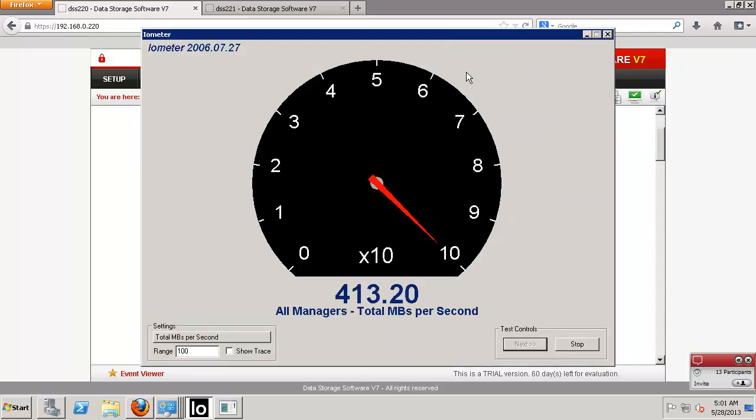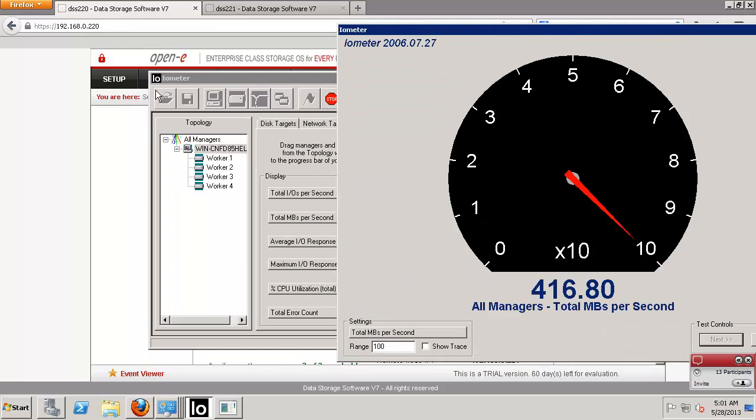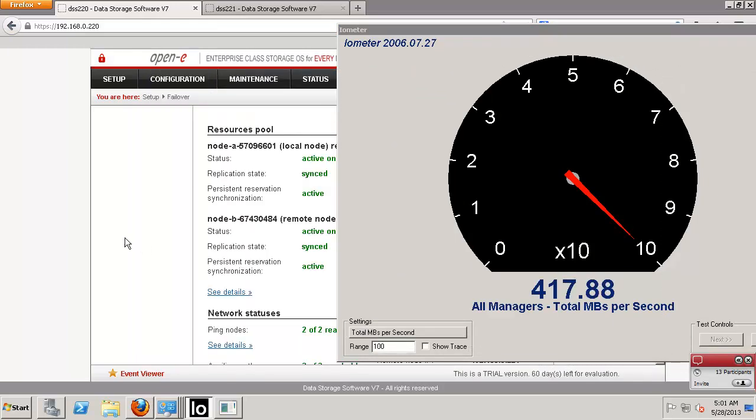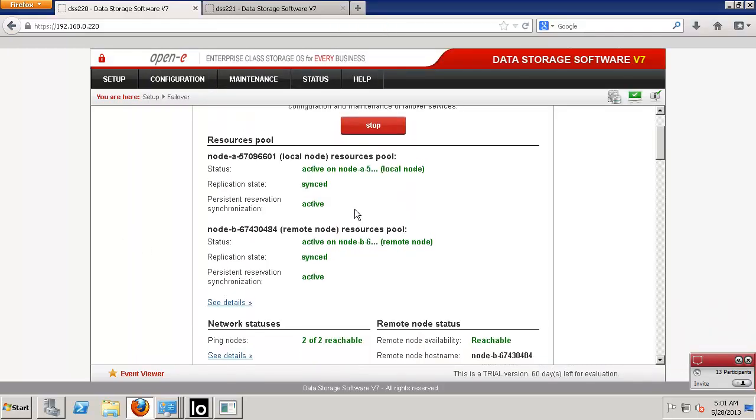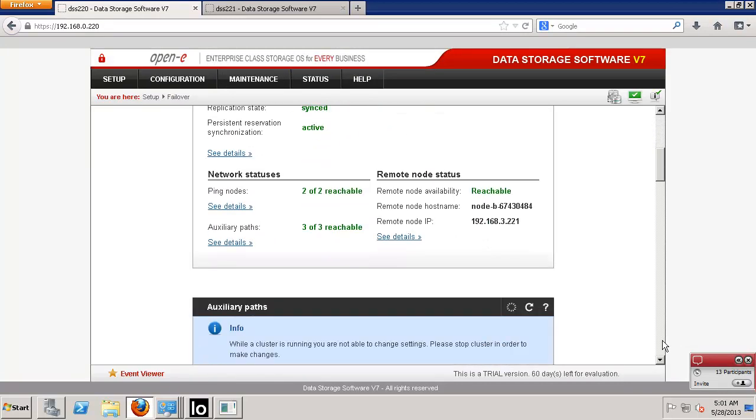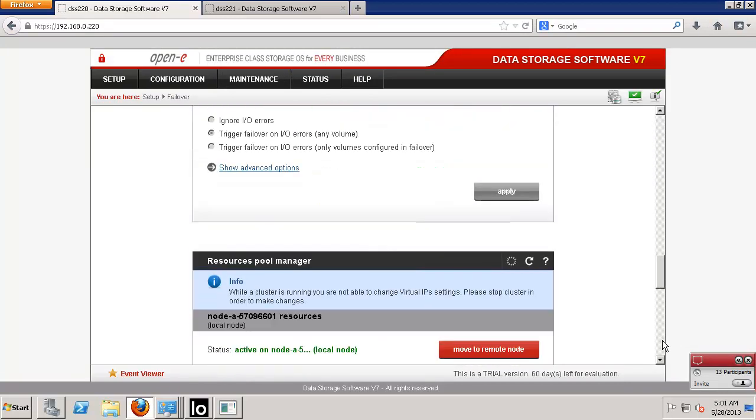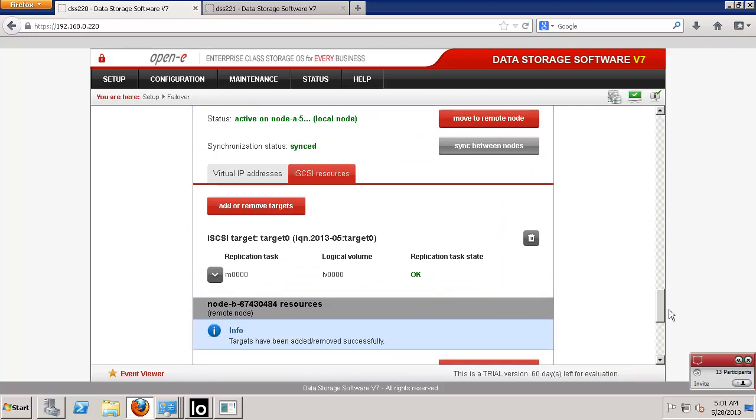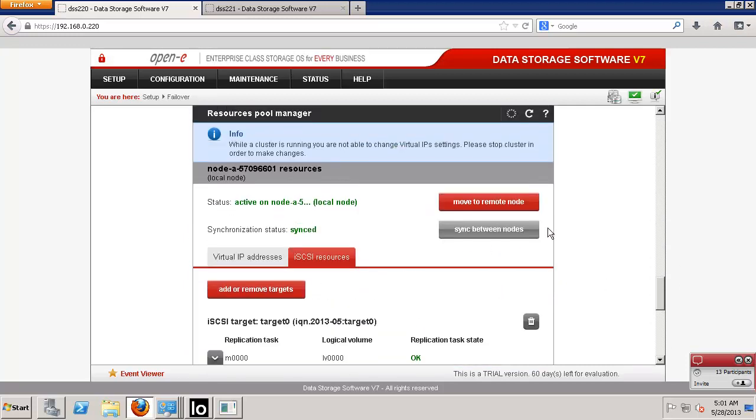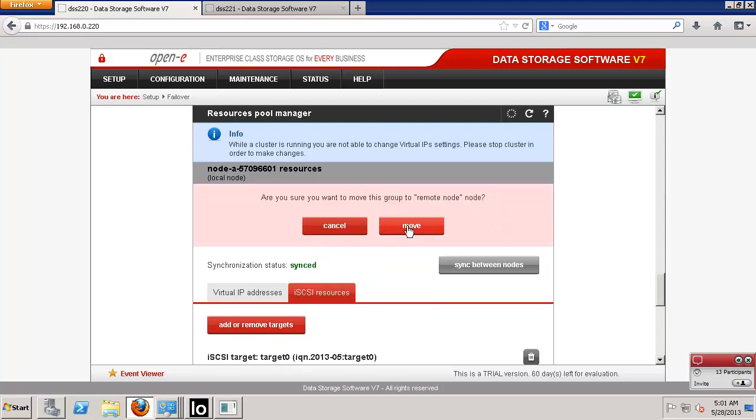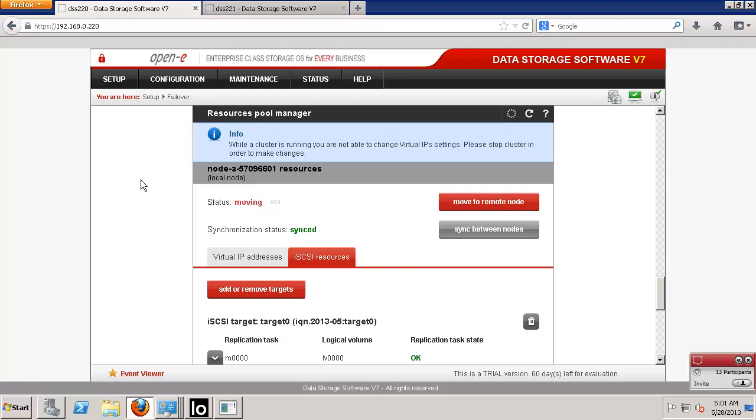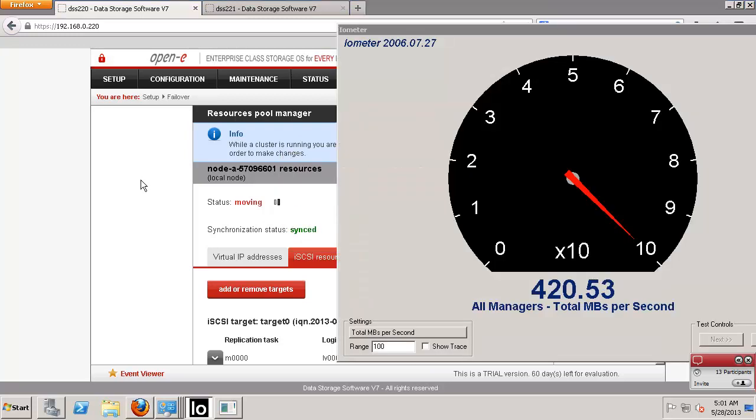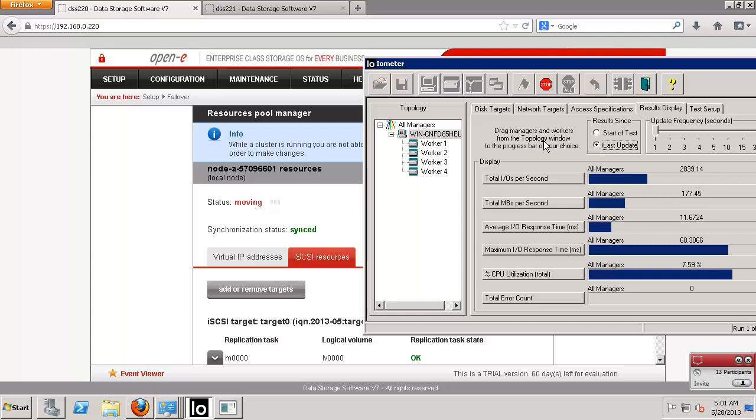and if I now simulate a disaster of the first node. Let's say on node A we want to move everything to node B, so now the first node can be, let's say, switched off or shut down. Of course, probably the best will be to set last update,